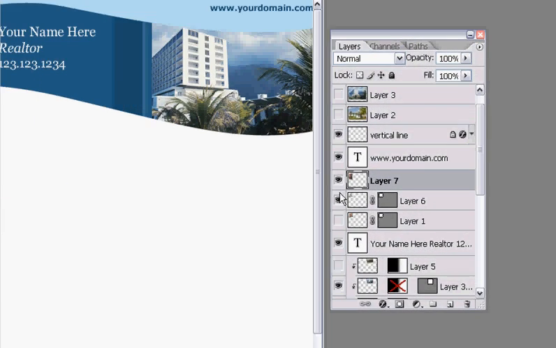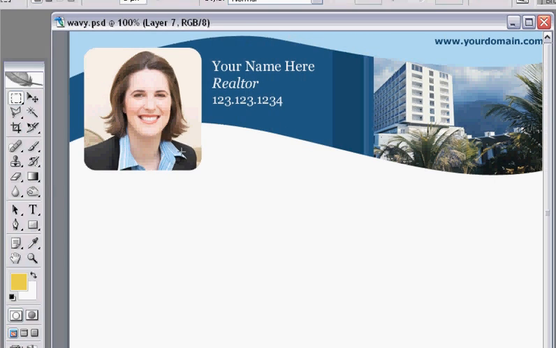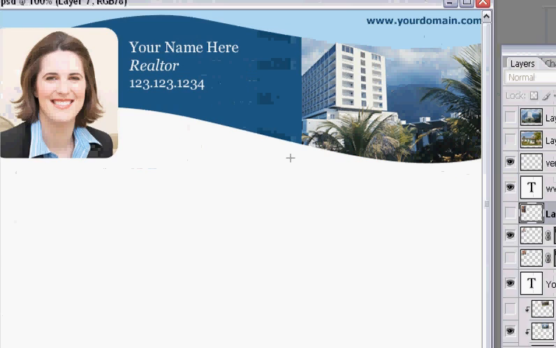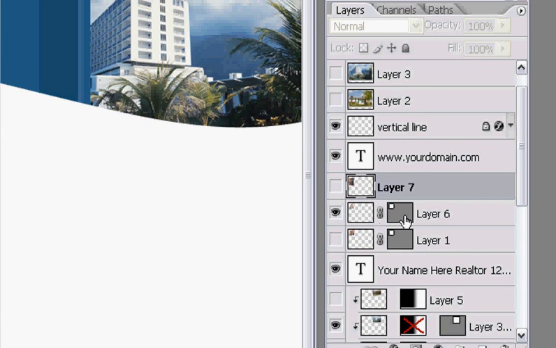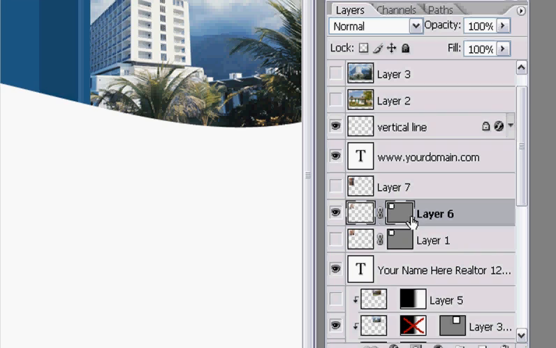Let me hide this layer for now so we can see the original graphic from a template. Now, this particular graphic has a rounded corner effect applied to it. If I look inside the layers palette, I can see that there is a vector shape mask attached to it. So, in order to apply the same effect, there's a few ways I can do it